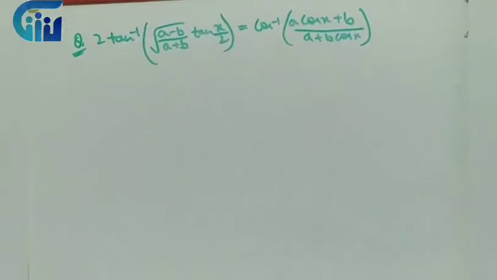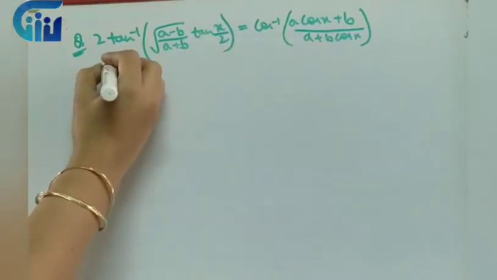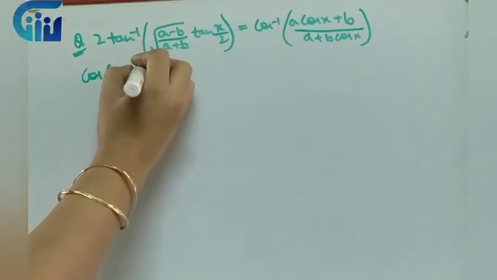So if I take the LCM, what will I get? 1 plus tan theta whole square, and this will be 1 minus tan theta whole square. And over here a minus b, a plus b, so 1 minus tan square theta. Now let's solve the numerator. If I solve the numerator, what will I get? So we will get this as